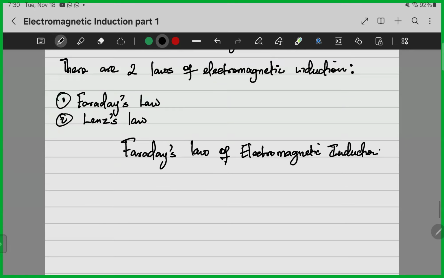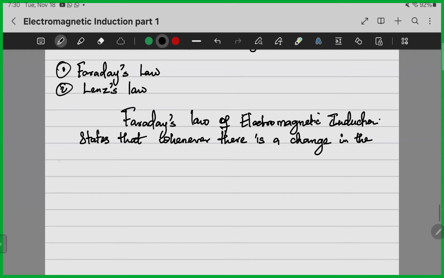And Faraday's law of electromagnetic induction states that whenever there is a change in the magnetic lines of force, whenever there's a change in the magnetic lines of force,